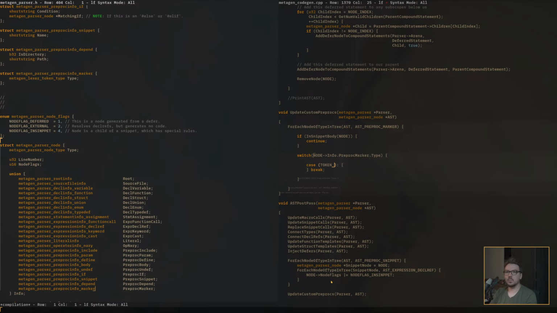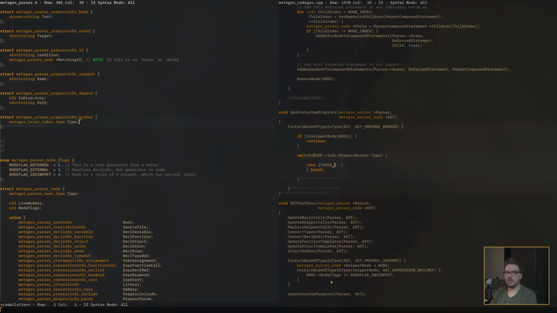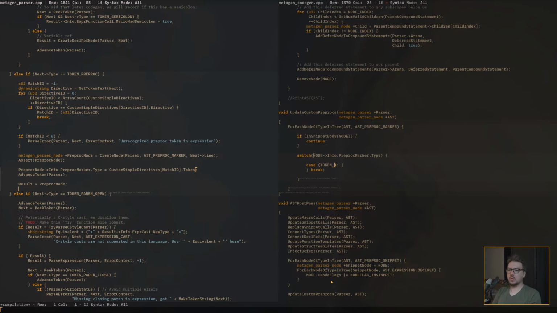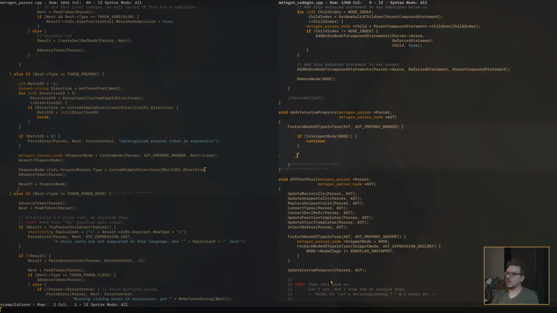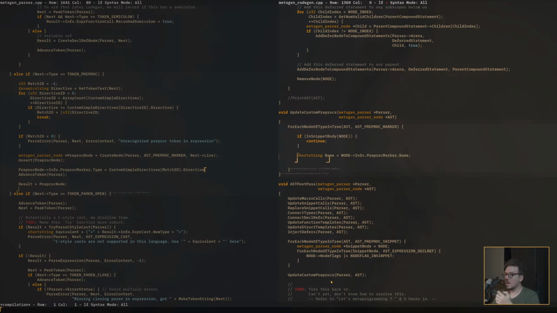I don't want the type. I want the name. That's what I want. So in here, I want the directive. So we're not doing this. We're saying node info preproc marker dot name. If name is file name,